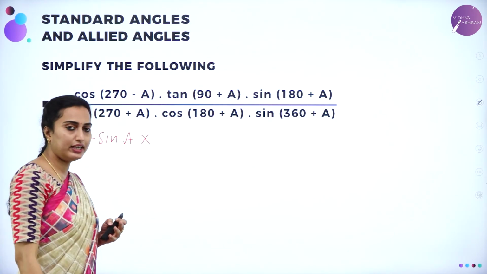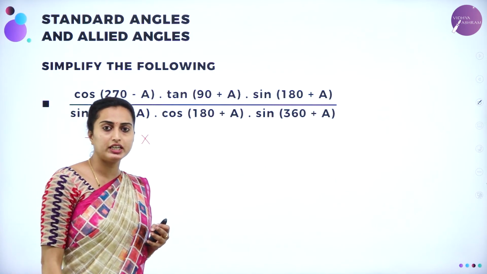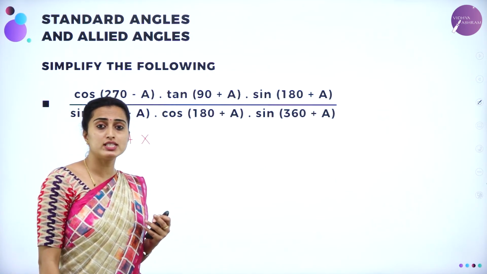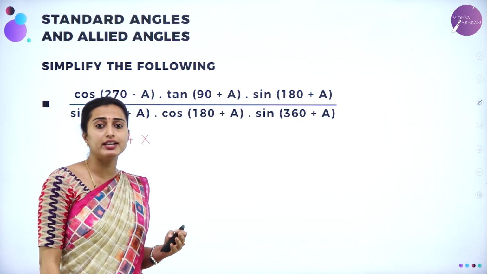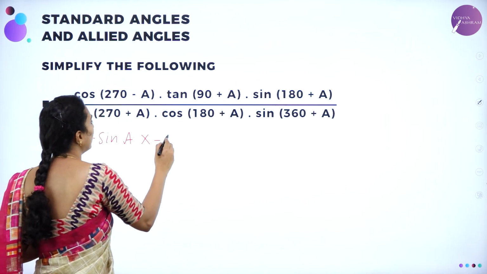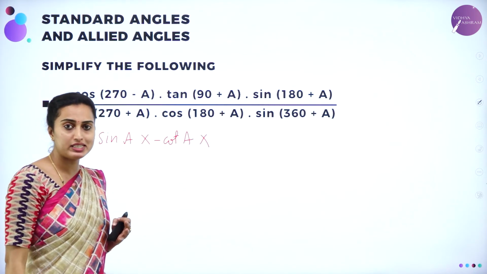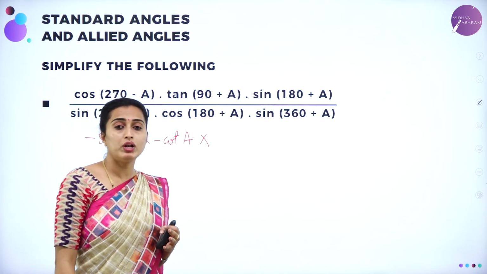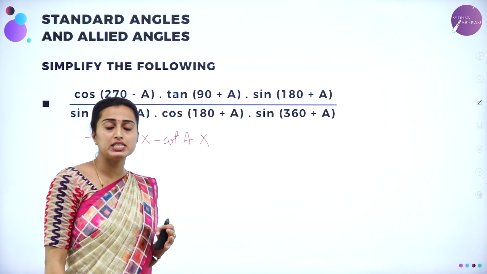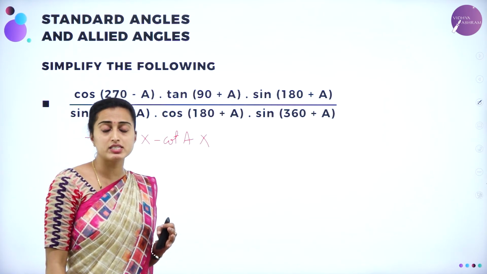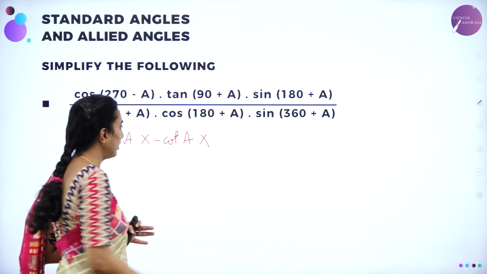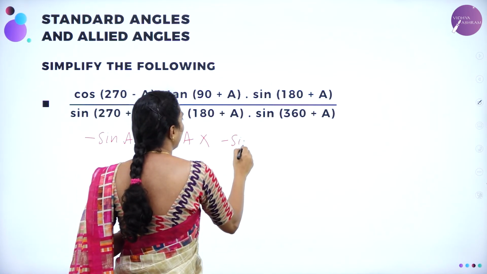Into tan 90 plus a. In 90, tan will be changing as cot. 90 plus a will fall in the second quadrant. Second quadrant, tan is negative, which will become minus cot a into sine 180 plus a. Sine 180 plus a will be sine only. 180 plus a will fall in the third quadrant. Sine will be negative in the third quadrant. So which is minus sine a